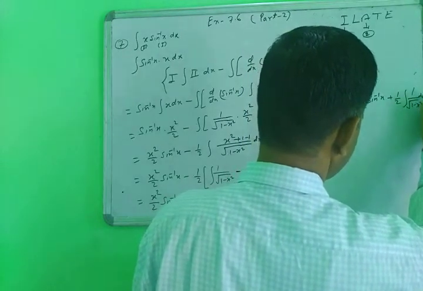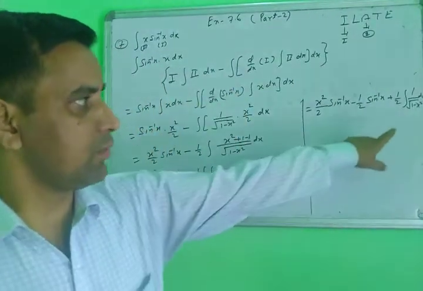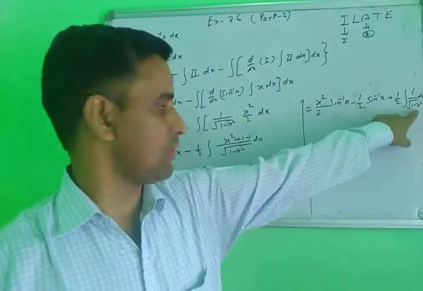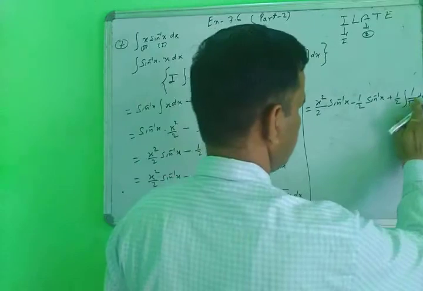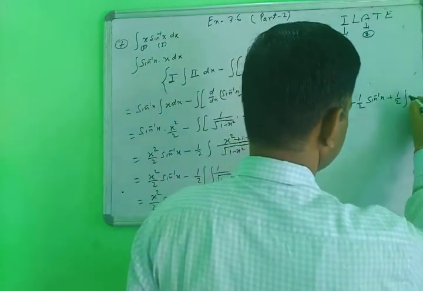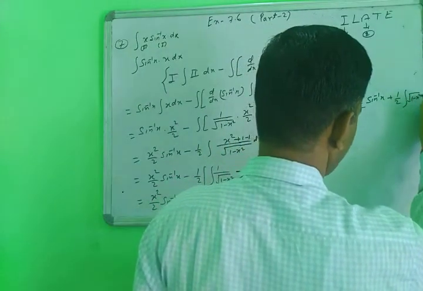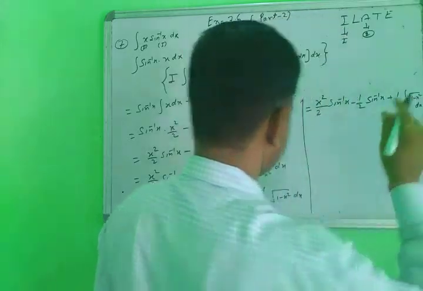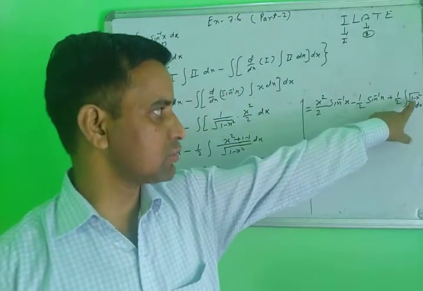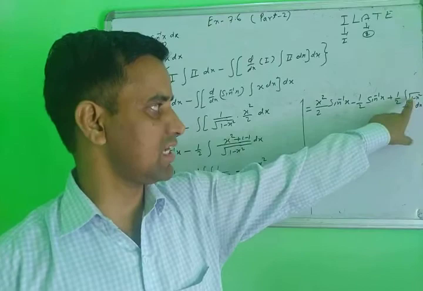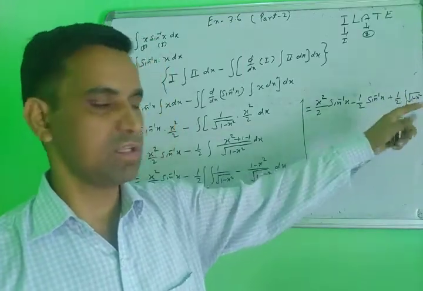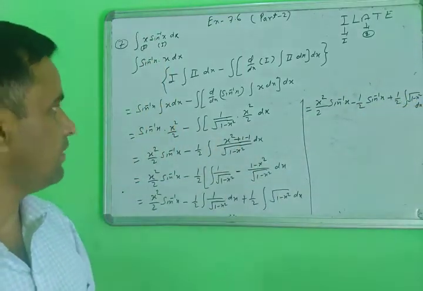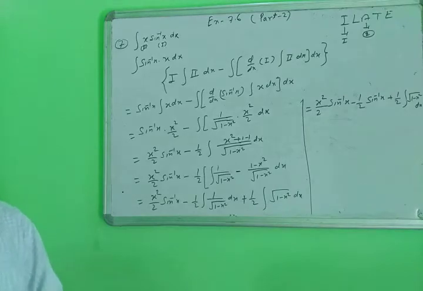You will use the identity here, a square minus x square, sorry, not in this form. This is the form of the numerator, 1 minus x square dx. This is the identity of a square minus x square. Then integrate that, then you get your final answer. Yes, note it down, then you will start the next.